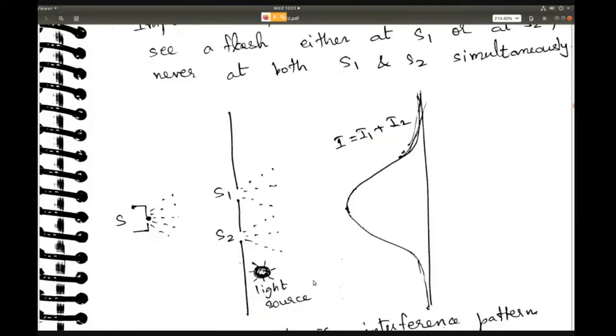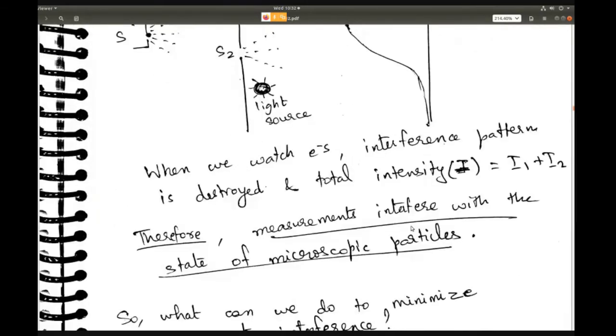But if you're not disturbing the electron with light, then the pattern remains. The electron is of some wavelength, and light is obviously a wave, so it is also of that kind of wavelength. In that case, the wavelengths are small enough that they interact with each other, and you're interfering with the movement of the electron essentially when you're watching it. So that's why when you watch the electron, you are destroying the interference pattern.